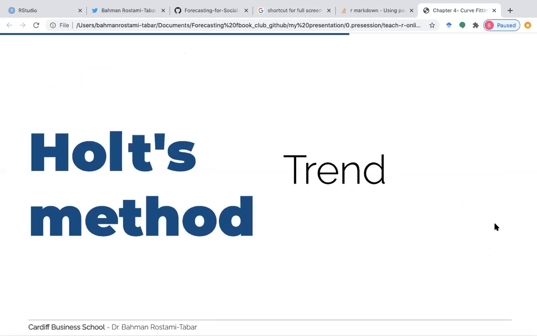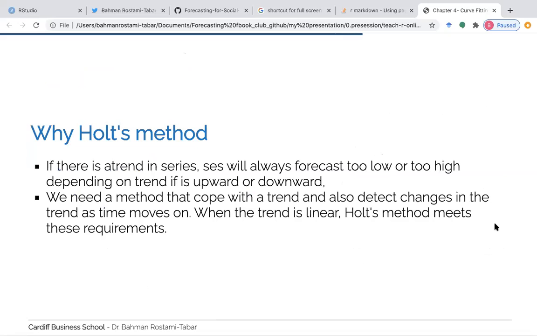And single exponential smoothing doesn't take into account trend and seasonality. Now we look at Holt's method, which actually takes into account trend. So in addition to the level we had in single exponential smoothing, now we have trend as well. If there is a trend in a series, single exponential smoothing will always forecast too low or too high, depending on whether the trend is upward or downward, right? So we need a method that copes with this, that allows us to detect changes in the trend, and